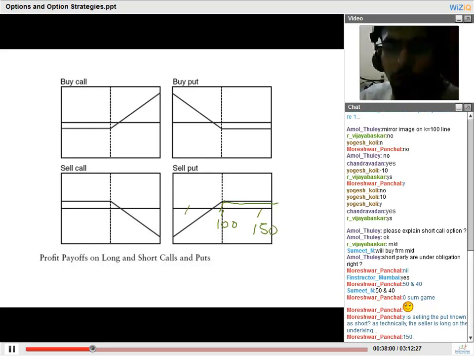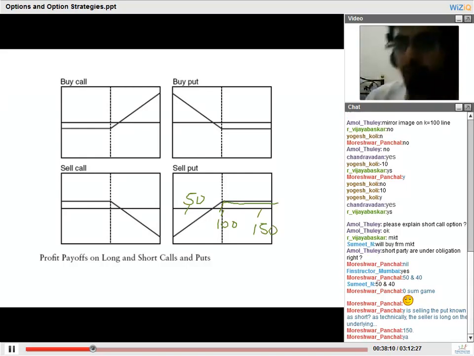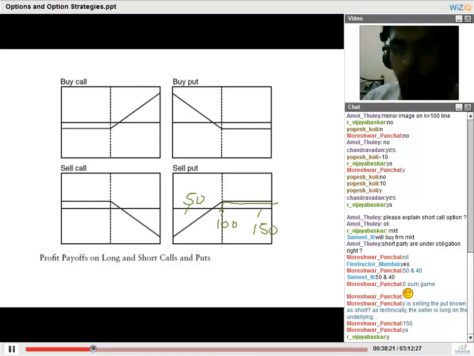If the stock price falls down to 50 rupees, the buyer has the right to sell to me at 100. Will he exercise that right? The stock is actually at 50 rupees. Will he exercise the right to sell to me at 100? So he can buy in the market at 50 and he can sell it to me at 100. He gains 50 rupees. Or in other words, I will have to buy from him at a price of 100 since I have the obligation. I will have to buy from him at 100.